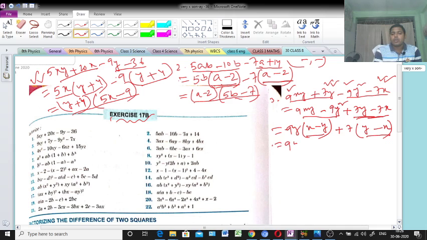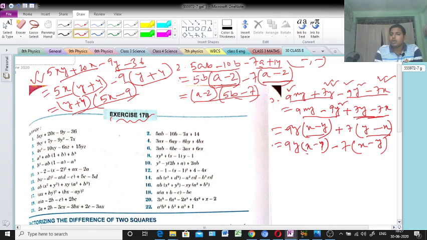So now 9y into x minus y, keep that properly. From the second term we will take minus common. Because here x is positive and y negative, but here x is negative and y positive. So that's why we will take minus common. Minus and plus will be minus, that means minus 7 is coming. Why minus? Because the plus, and we are taking common minus from this bracket. So then x will be positive and y will be negative, the sign will be changed. Minus will be plus and plus will be minus.